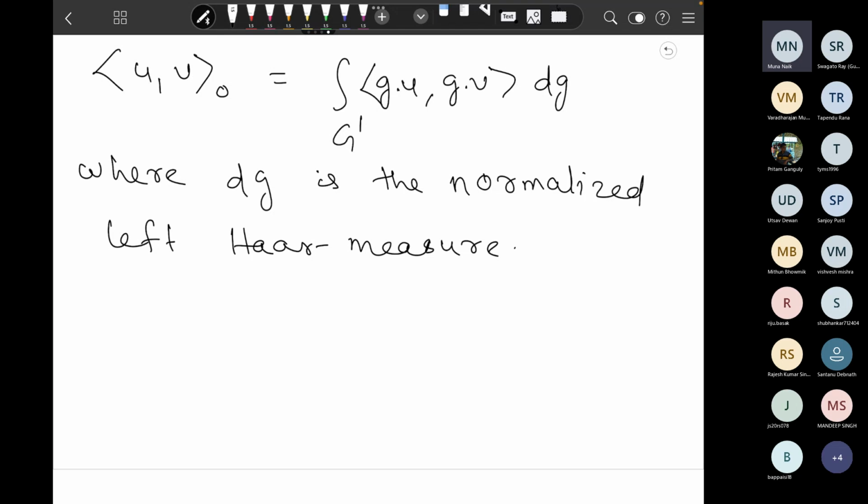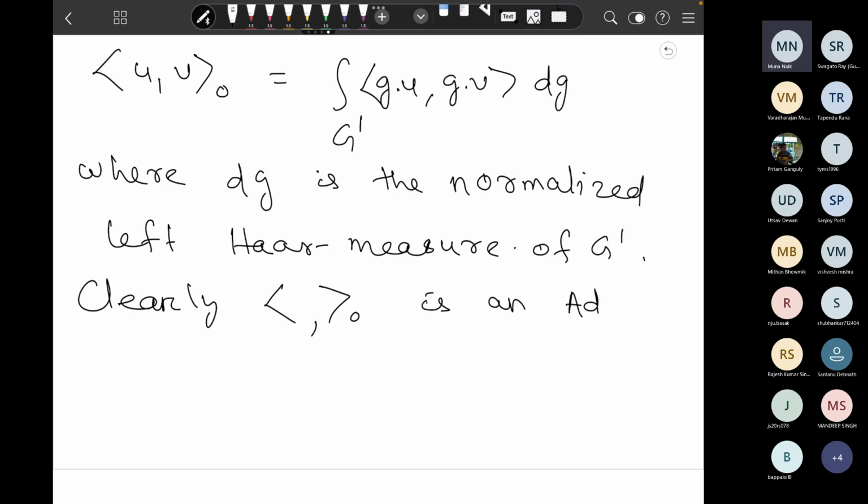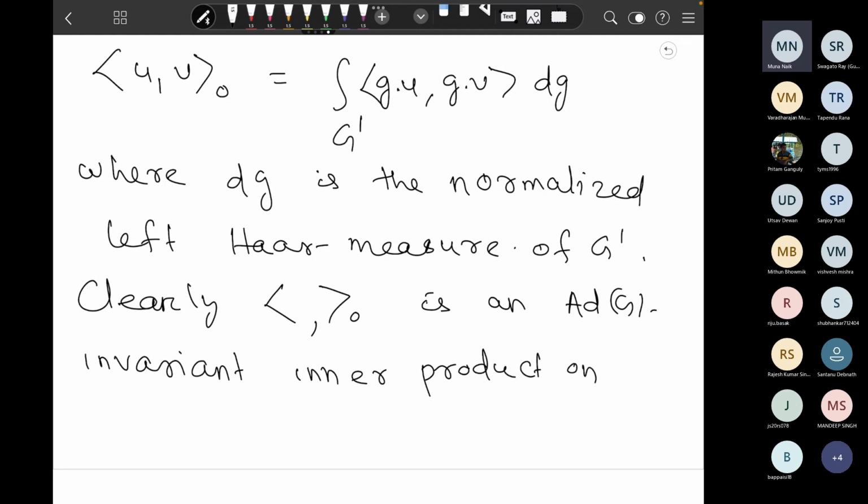Okay. So this is the normalized measure of G prime. So clearly this new inner product is an RG invariant inner product on G. Therefore, by the previous proposition,